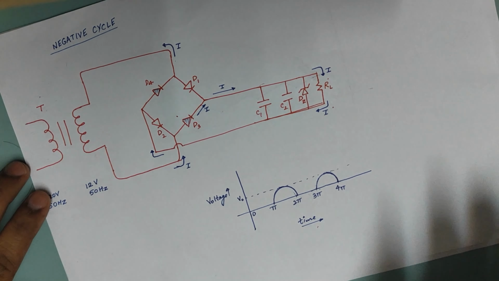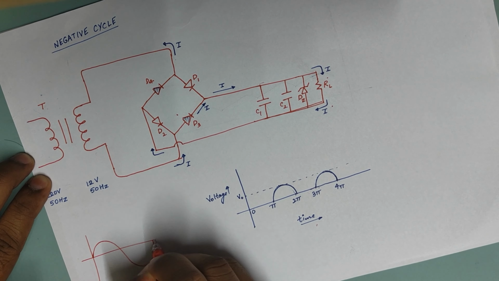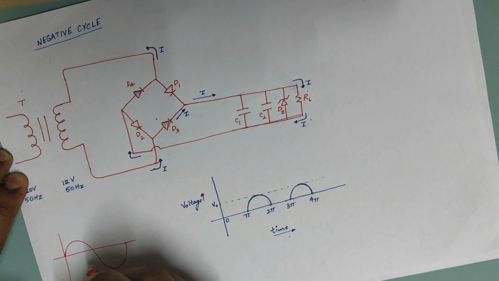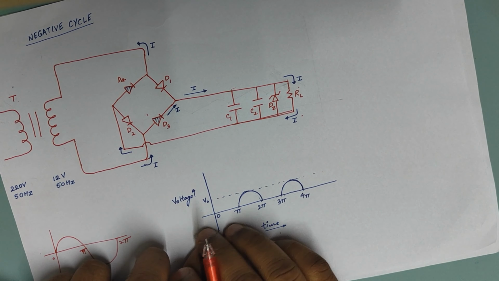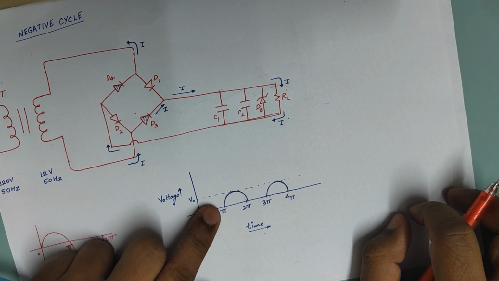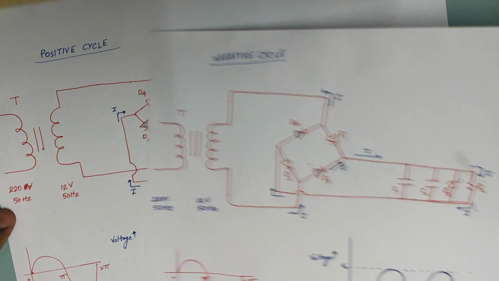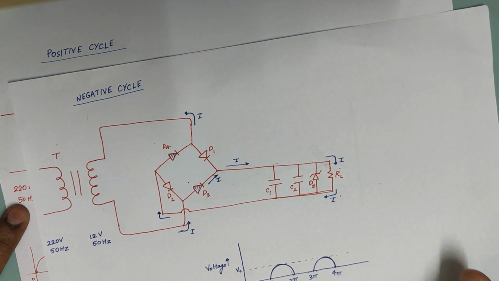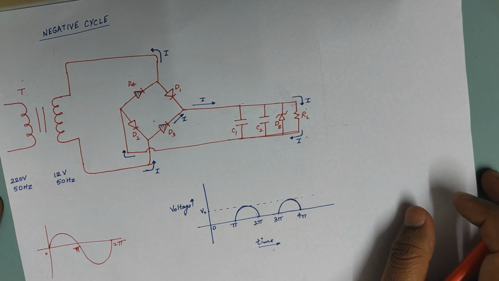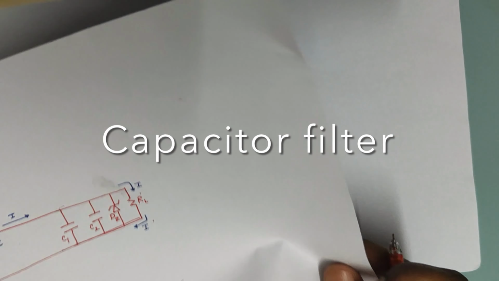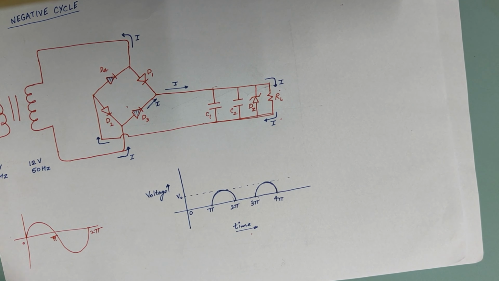Now again here we have the input waveform something like this, and the output waveform like this, where we will not get any voltage for positive cycles. Now we have used these diodes to convert AC to DC, but we are not getting smooth voltage. That is, we are getting voltages in one direction, but these are fluctuating or in half waves.